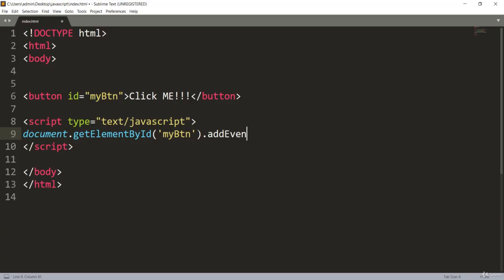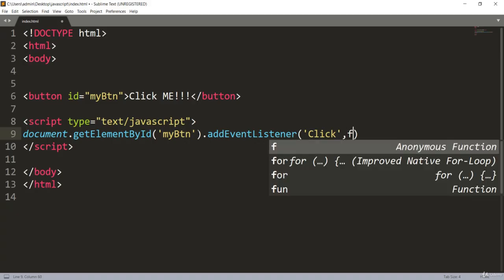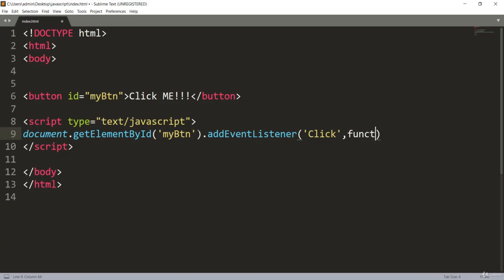We'll just add another method over here, which is the addEventListener method. So what this does is it will just take two arguments over here. So in this case we have a click argument. So click is basically doing the same as onclick. So when the user presses that button, we want to call this function. This is the anonymous function.